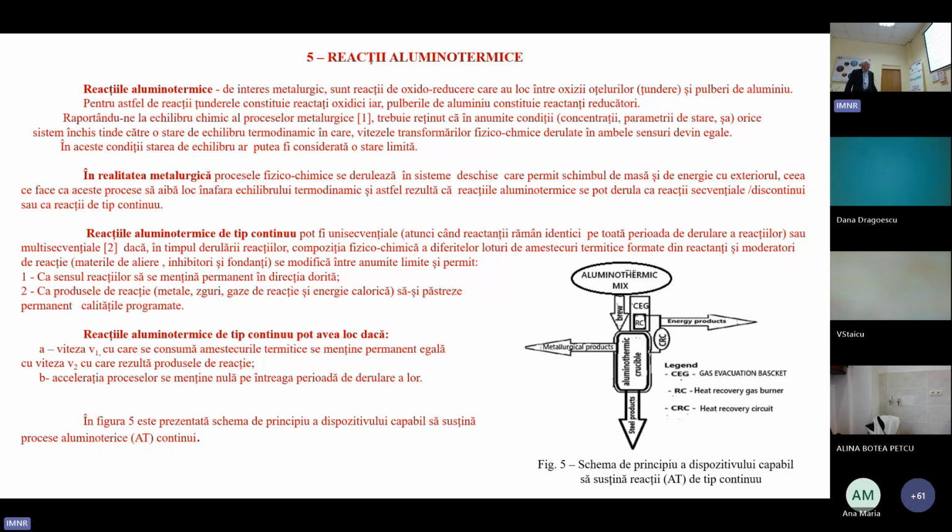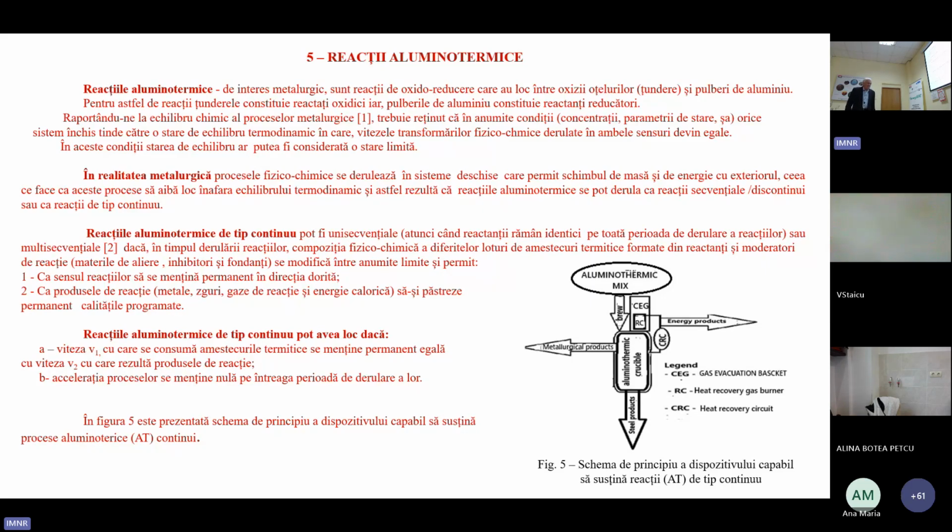când rețetele termitice cumva sunt diferite, dar ele trebuie să conducă la aceleași produse de reacție. Iar reacția aluminotermică de tip continuu se poate materializa într-un dispozitiv ca cel din figura care se vede, și anume este vorba despre un creuzet cu pereți dubli, făcut din grafit, răcit cu metale topite, care produce simultan și fără a consuma energie